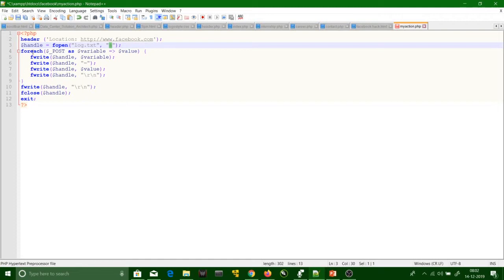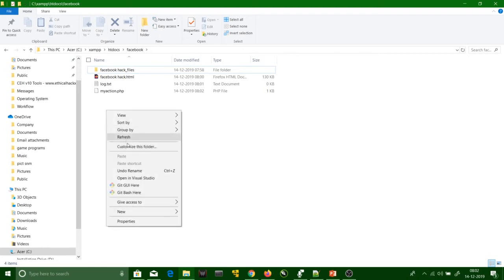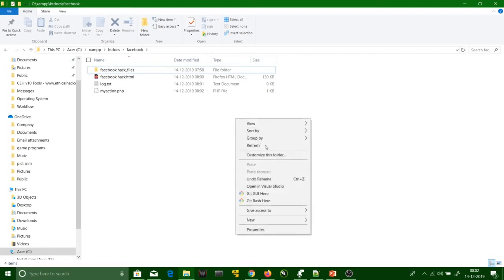After that we have run a for loop, in which we take each variable one by one with its value and variable name, and store that inside the text file. Okay, so save this file now.